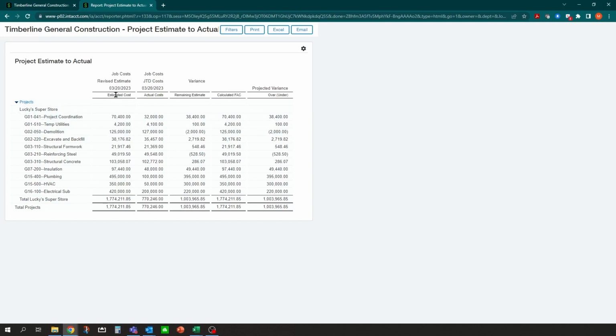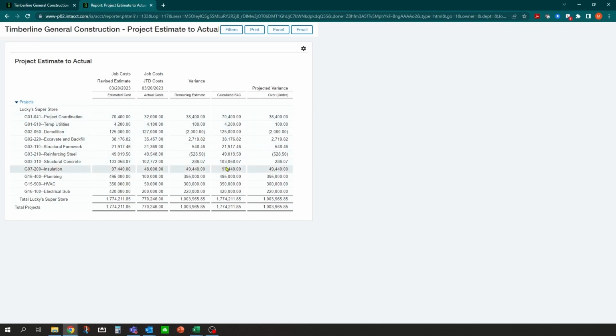But you'll notice here, we have our estimated cost, which is the estimates that we imported in, plus this is revised. So we can also have original, approved changes, and revised estimate. There's our actual cost to date. And then we have remaining to estimate. So we have some calculations that you can run off the system. And we're going to get into this next with the calculated forecast to complete.